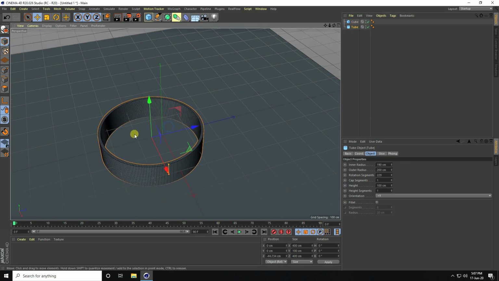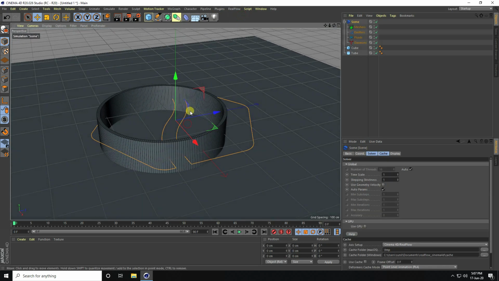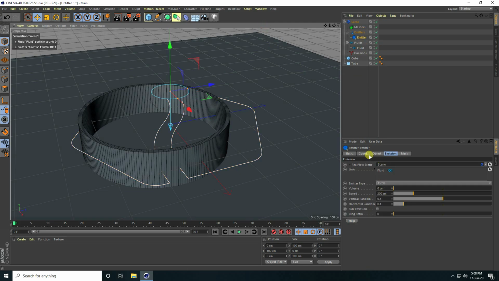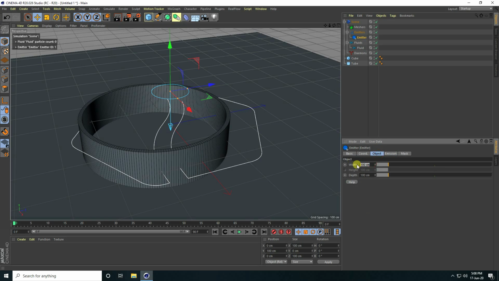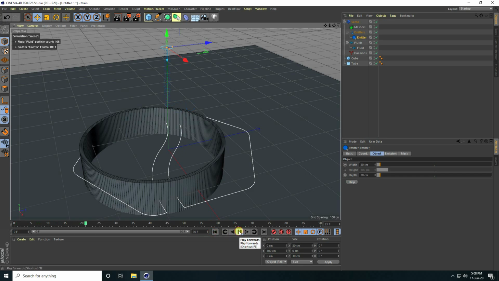Okay, so guys, now I use RealFlow, so go on here and use screen. And guys, go to again RealFlow and use circle, this one. I change circle radius, so I go to object and breadth size I take 30 centimeter and same 30. And position go to up. Y-axis, this one I take like 300 centimeter. Okay, so play.